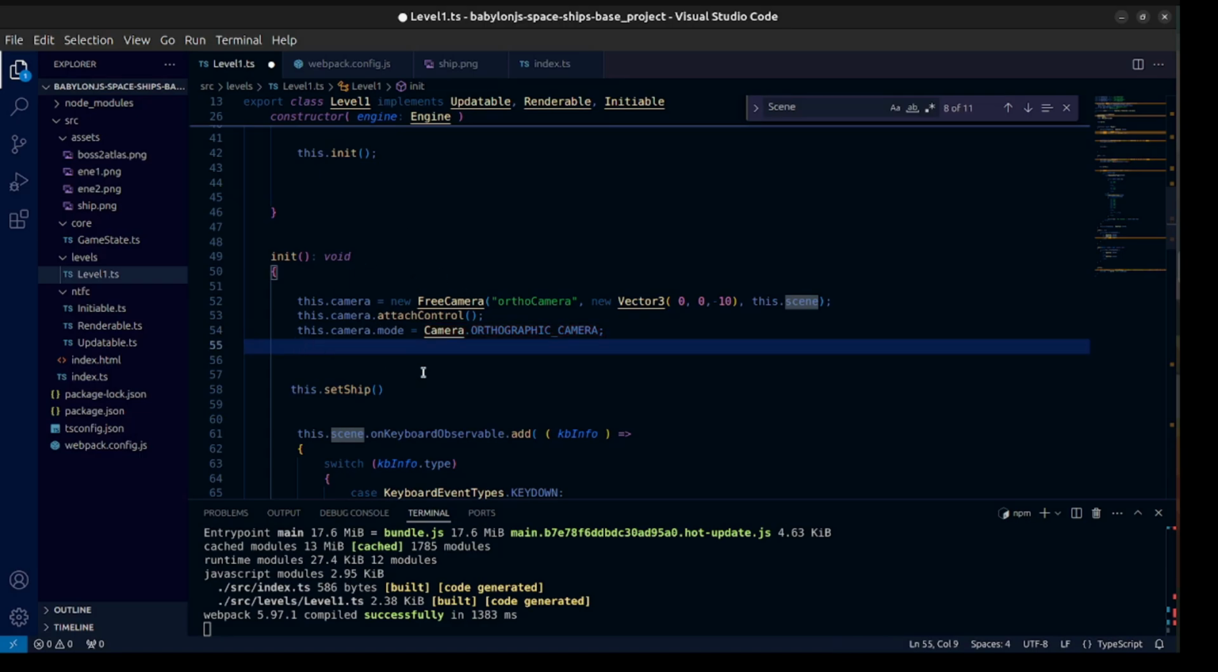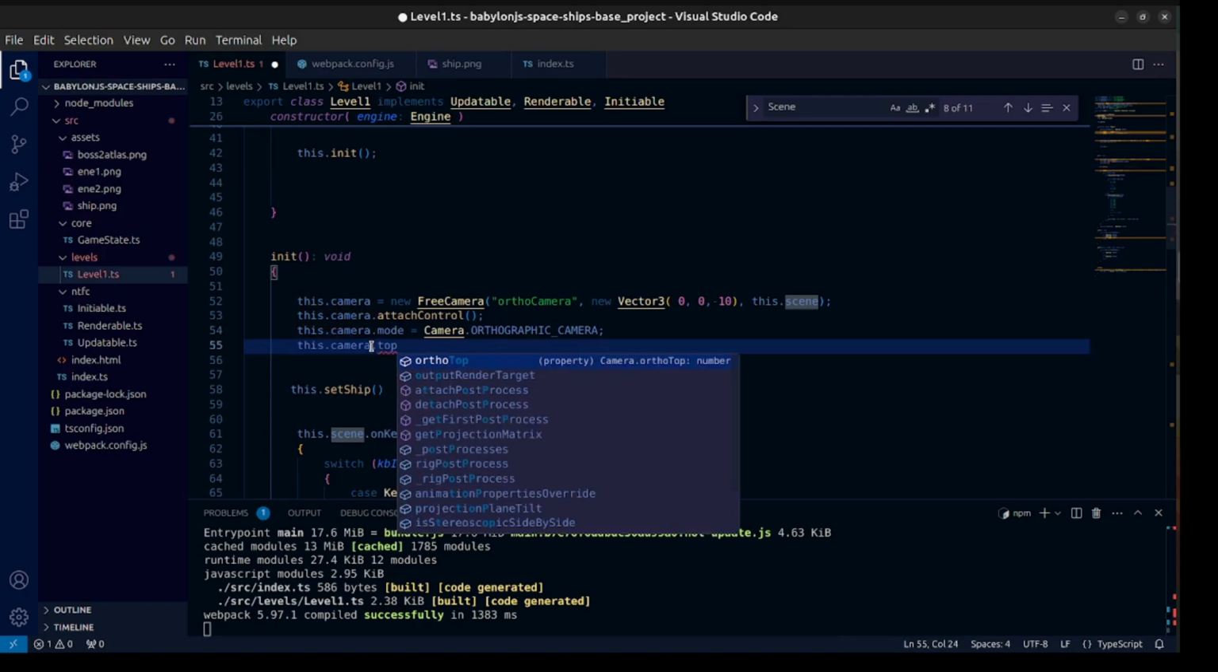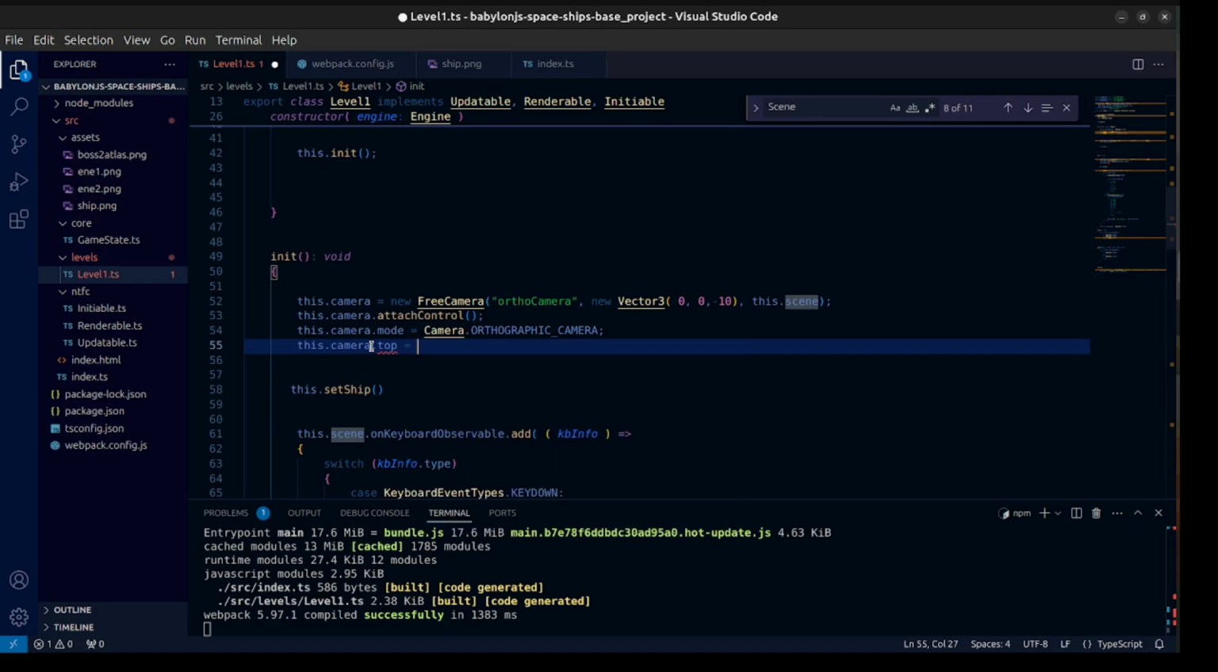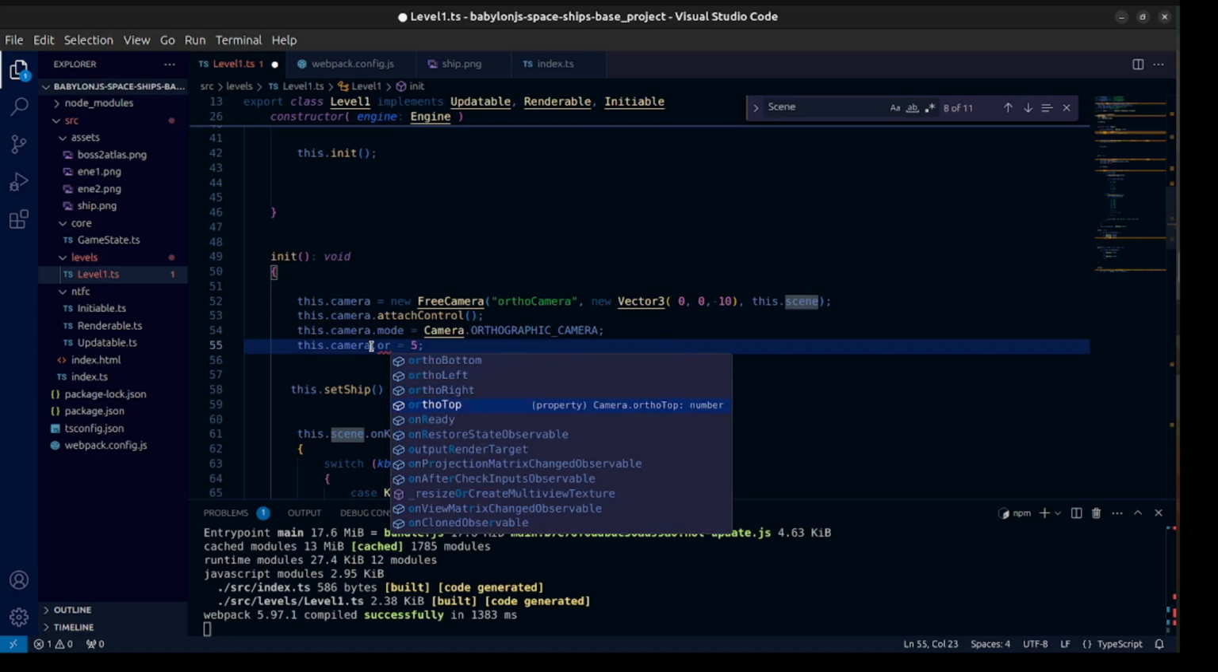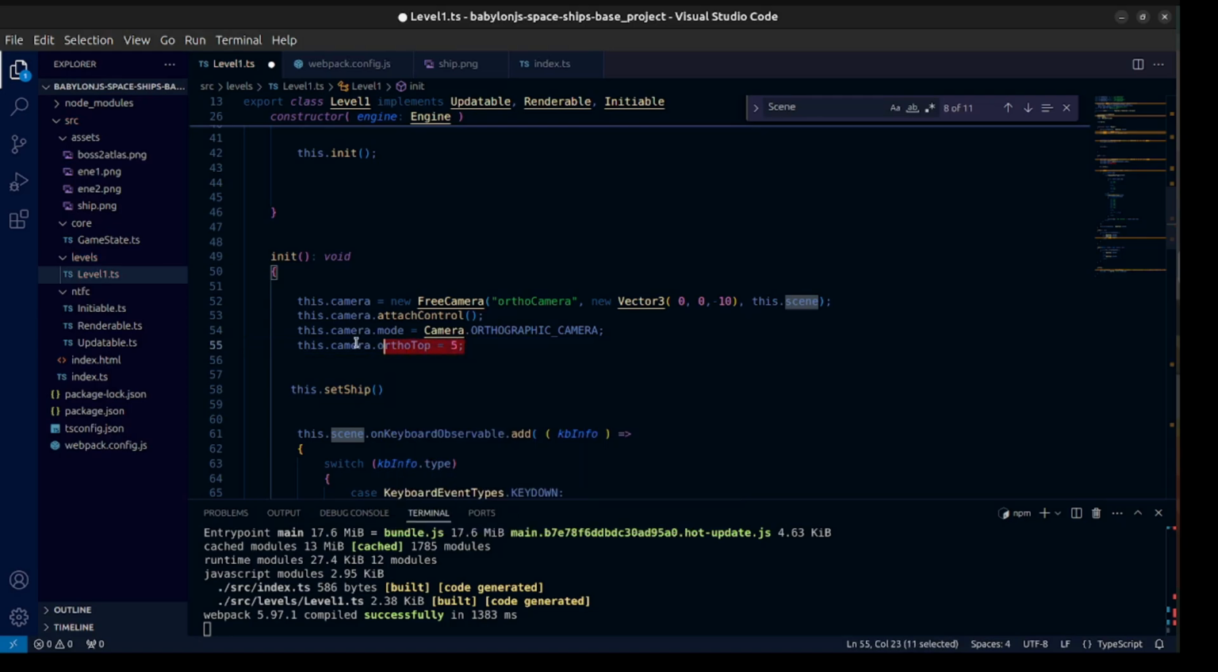and then I need to set the measures from the center point to the top, left, right, and bottom. So parting from our center point, I'm gonna just set the top, and it will be from the center to the top. I want that to have 5 units. It's not top, it's ortho top. Okay,